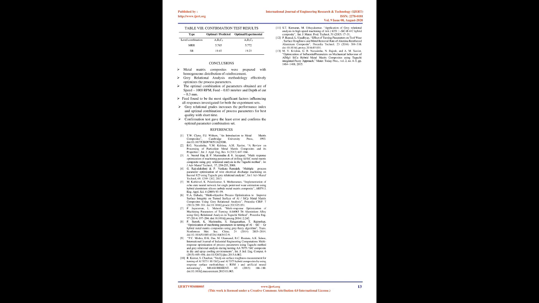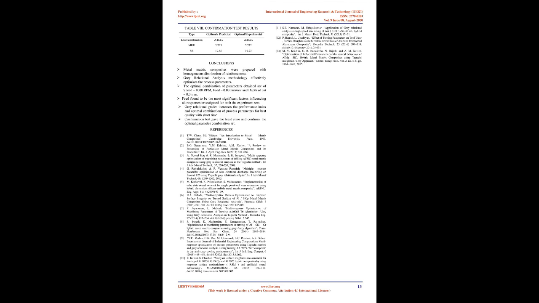6. Confirmation run. After determining the optimal combination of parameters, the last phase is to verify the MRR and surface roughness by conducting the confirmation experiment. The A3B3C3 is an optimal parameter combination of the machining process by gray relational analysis. The confirmation test is carried out with the optimal parameter combination A3B3C3, and the results are tabulated in Table 8. It is clear that the MRR and SR almost coincide with the optimal combination of parameters, which indicates the methodology is